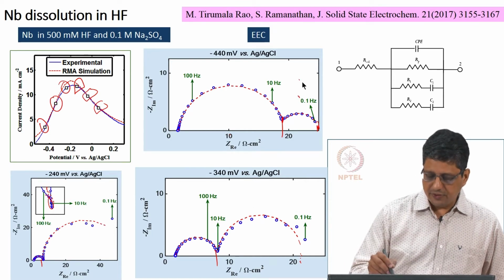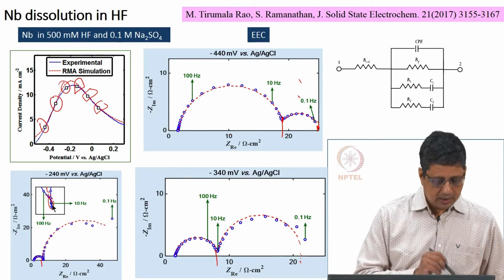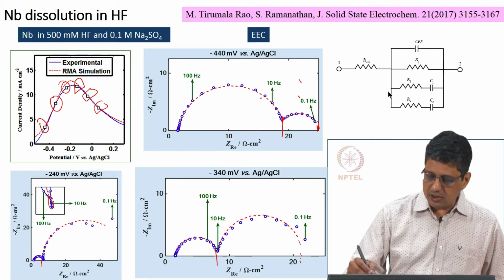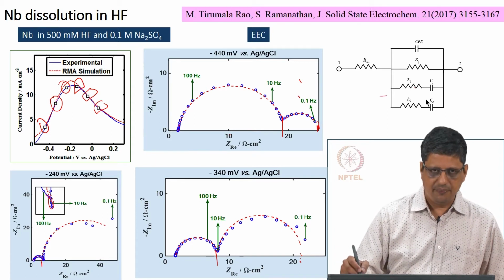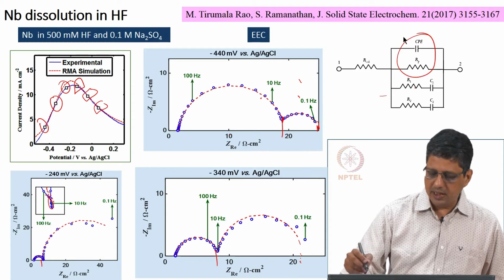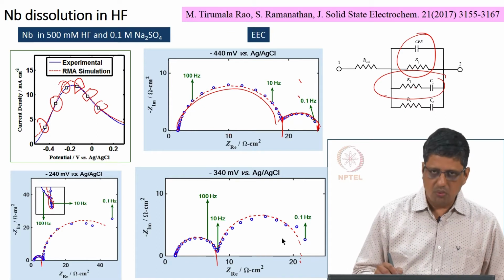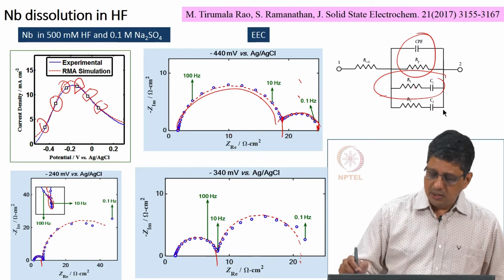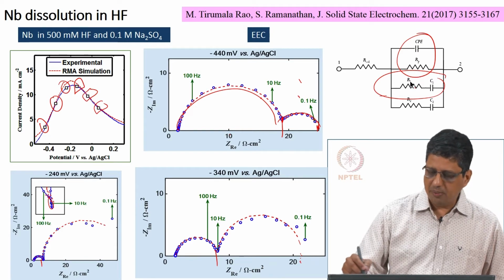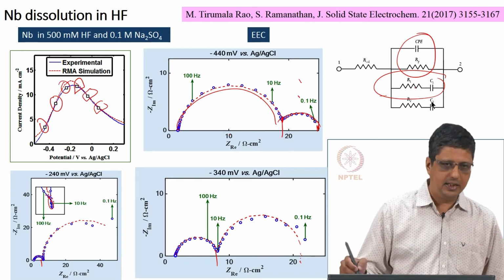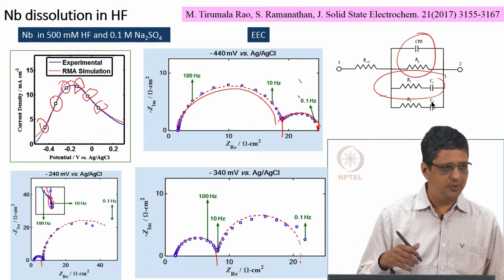So, this first and second were modeled using only one RC element. I will get one semicircle from here, that is the high frequency loop. I will get one semicircle from here, that is the low frequency loop. Here again 2 semicircles are sufficient, I mean 2 RC elements, one Maxwell element is sufficient. Here, to model this inductive loop, I have to use either an inductor or an RC with a negative value.